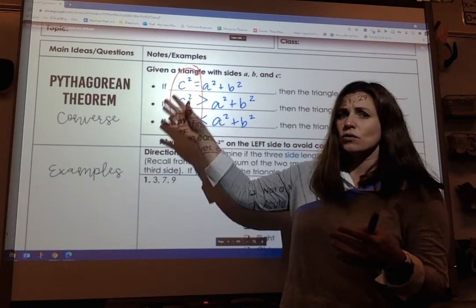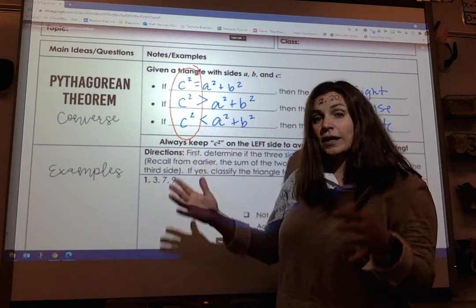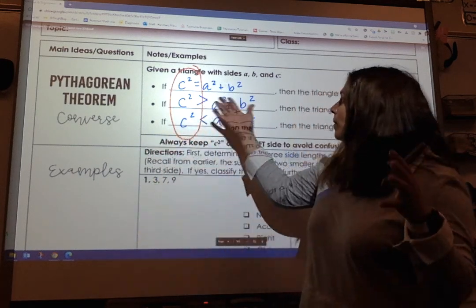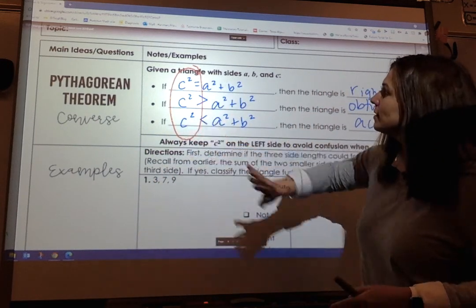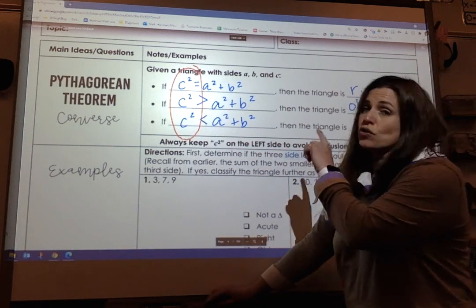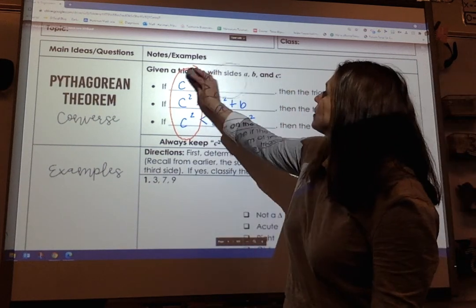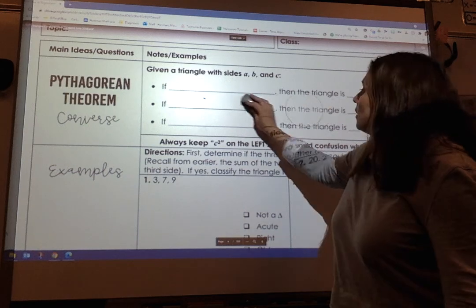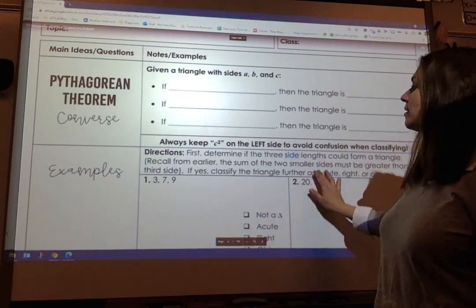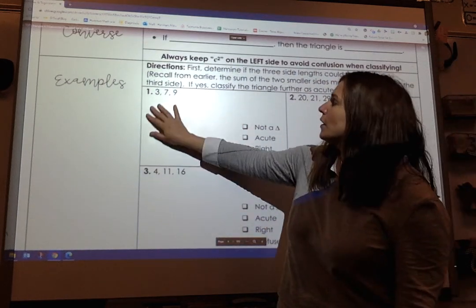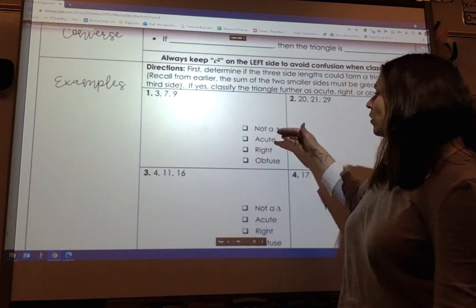So this kind of follows the format. We can look at it this way: if c squared is greater than a squared plus b squared, it's obtuse; less than is acute. So always make sure c is on the left-hand side. That's the first step. Now, if I ask you to classify this triangle as not a triangle, acute, right,